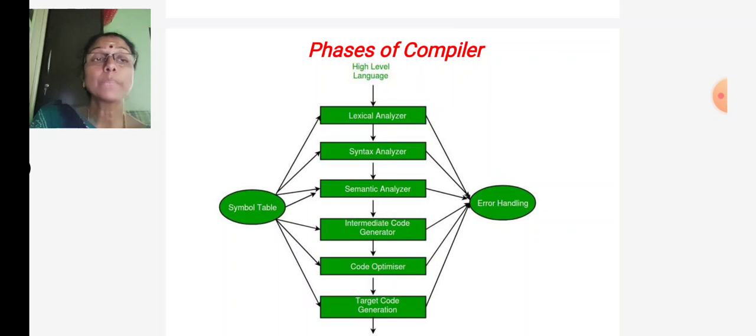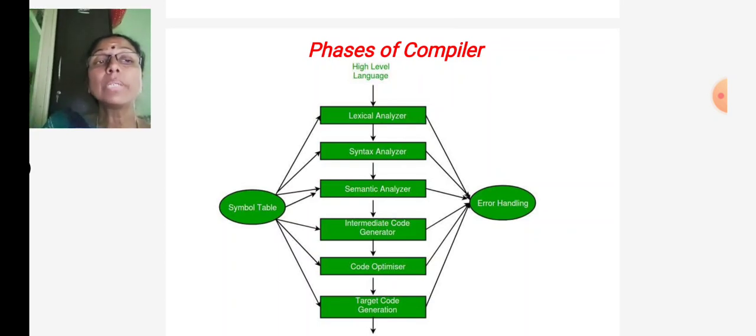level language program. The first phase is the lexical analyzer, and the second one is the syntax analyzer, and semantic analyzer, intermediate code generator, optimization, and target code generation. These are all the 6 phases required to convert our source program into the assembly level language program. Among that, what is required for all the phases are the symbol table and error